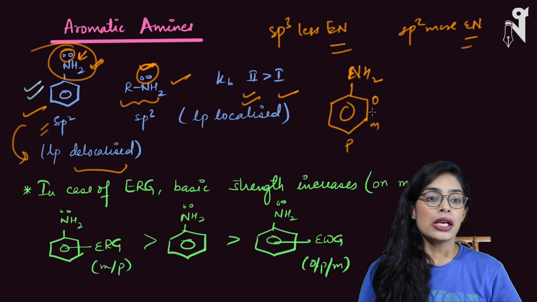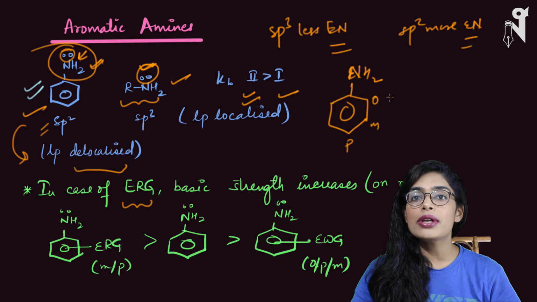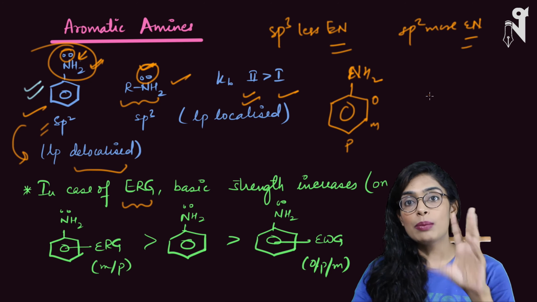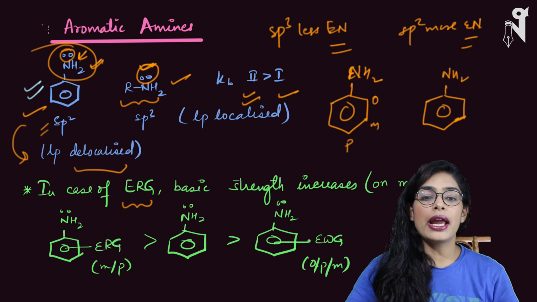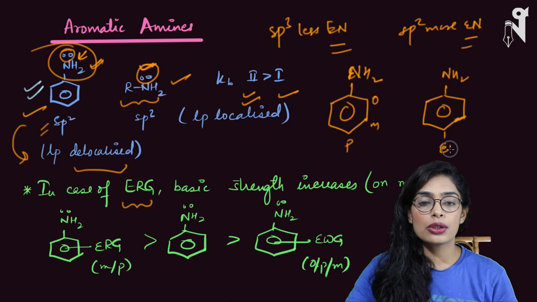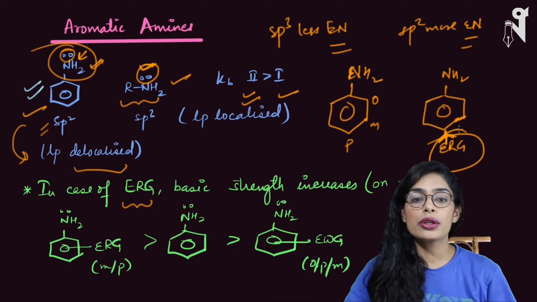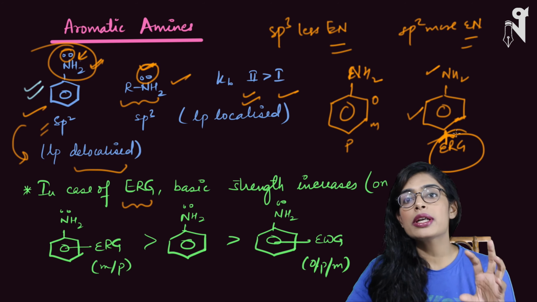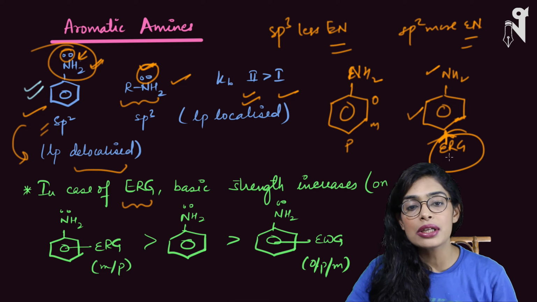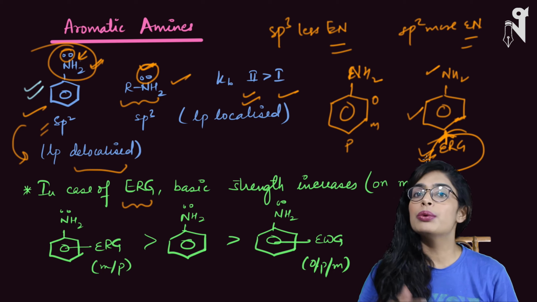Let's understand that. If you have aniline and you have an electron releasing group present, that means it is giving density to the rest of the molecule. Let me just write it over here. So I have aniline and let's suppose I have an electron releasing group over here. This electron releasing group is basically giving the electron density to the rest of the molecule. In the rest of the molecule there is benzene and NH2 both. So whatever the electron density was there on benzene and NH2, now it has been increased due to donation by the ERG. This donation can be through inductive effect, this donation can be through mesomeric effect.